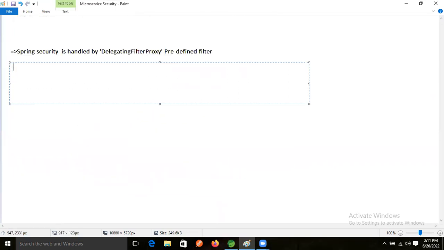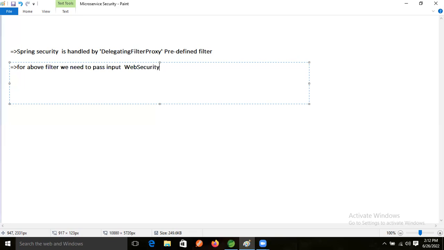Yeah, very good. We need to pass one input for the above filter, right? The input will be